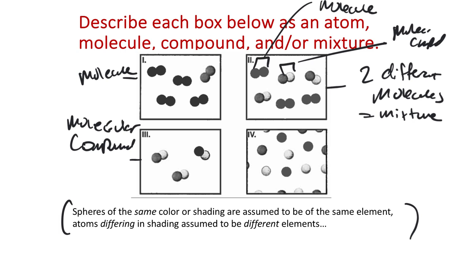Then box 4, this is the one where the word atom would apply, so that's an atomic gas mixture. So this would be an atomic mixture. So it might be helium mixed with neon, perhaps. So 2 atoms that actually exist as atoms in the gas phase would have to come from the noble gas group. This is maybe something that gets a little complicated, but we're not going to have hydrogen and oxygen existing in this environment where we have an H atom and an O atom, because this comes up a little bit in chapter 2,